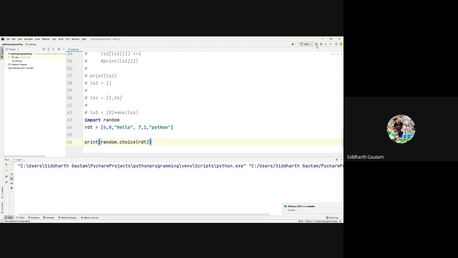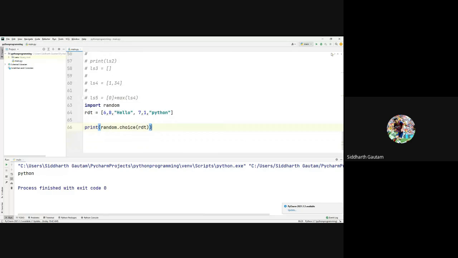Running again, I got Python, 6, 8, hello, Python, 8, Python once again. Python is repeating quite a few times, but we also got 7, hello, 8, and 6 in between. As you saw, each time I ran this code my output was different, which means that Python is picking randomly from this list. So this is how the random module works.